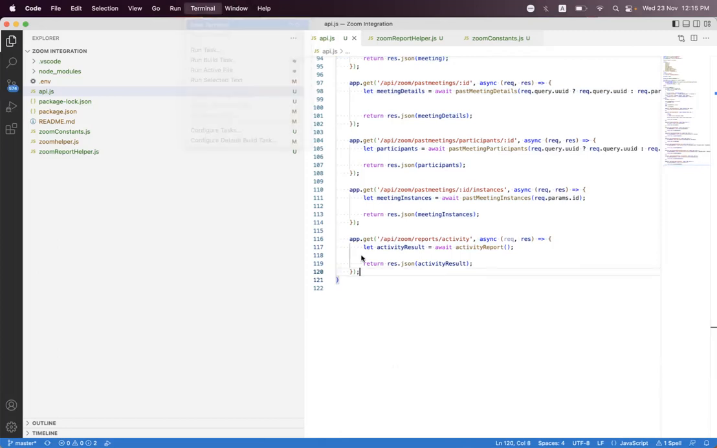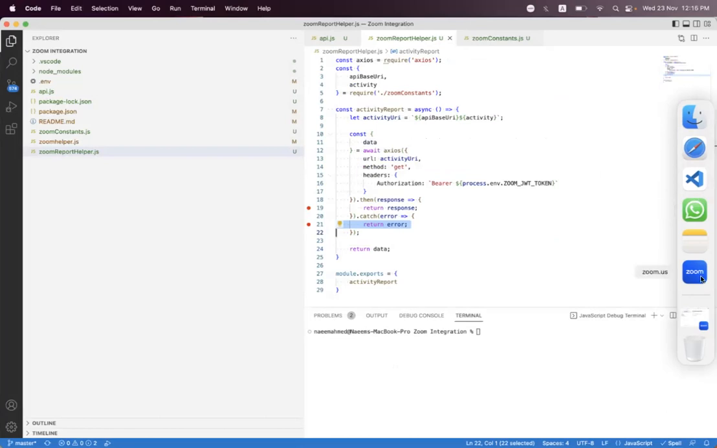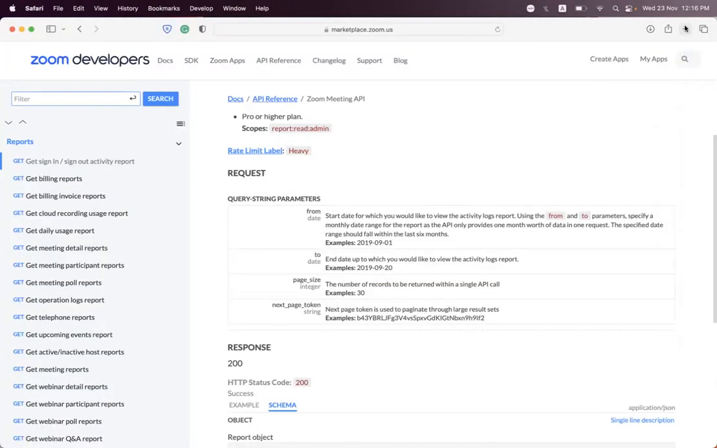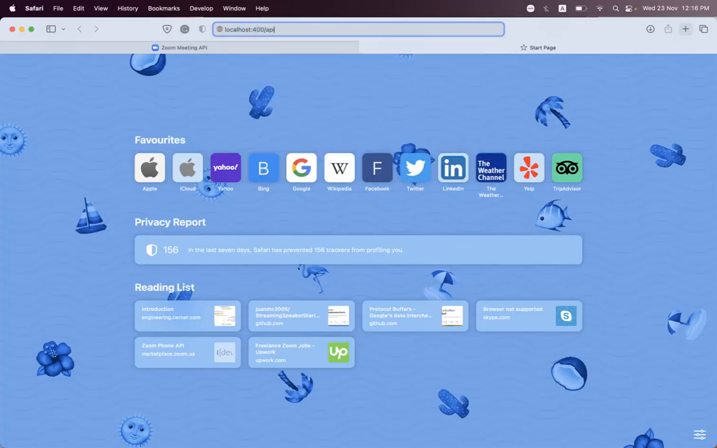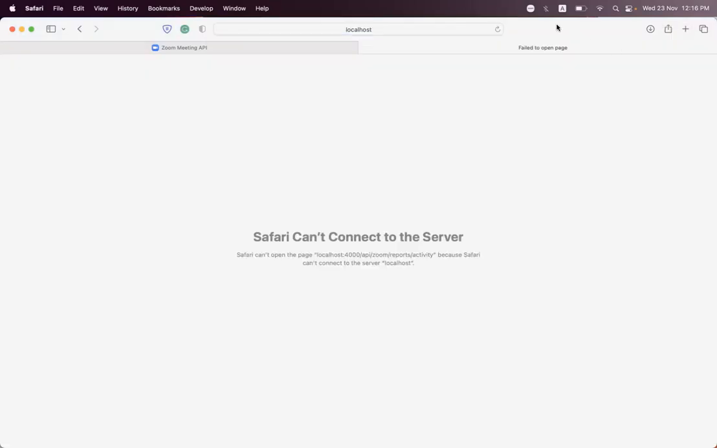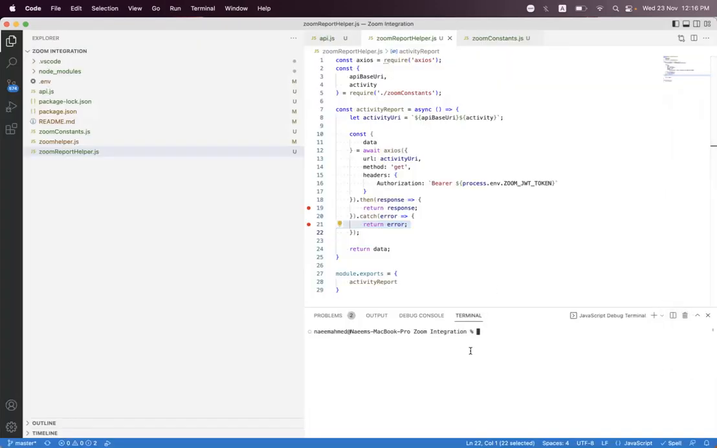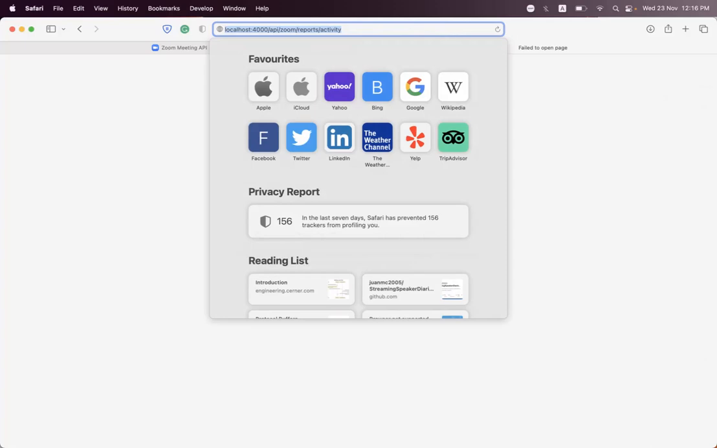Let's start the API and test that endpoint. Before that, we must place a breakpoint here and here. And then we need to navigate. So we say localhost:4400/api/zoom/reports/activity. I think we have not started it. Start. So we just hit enter once again,